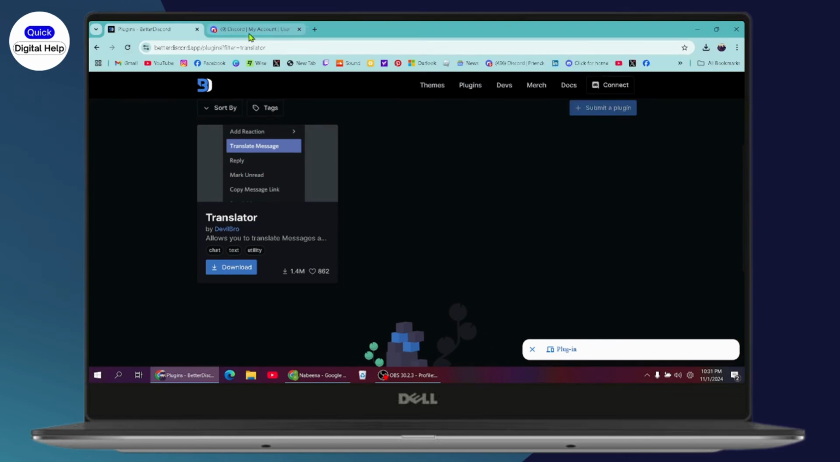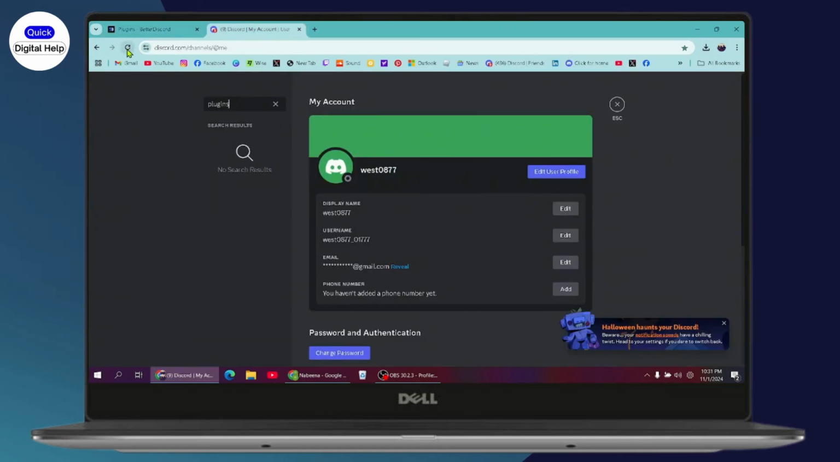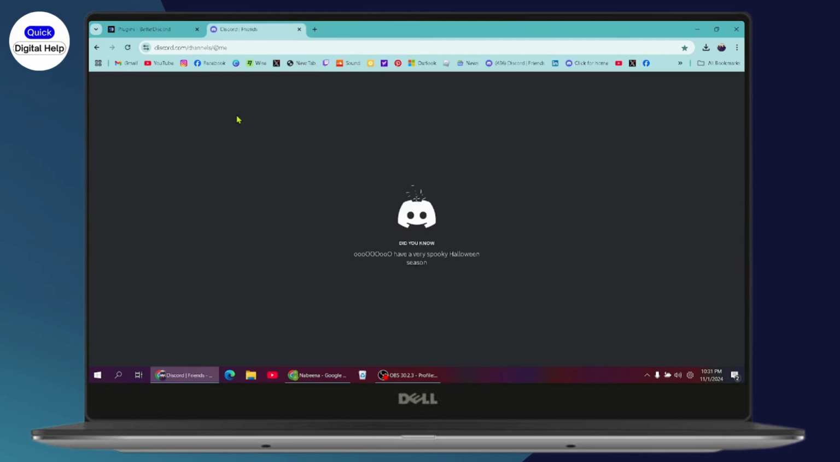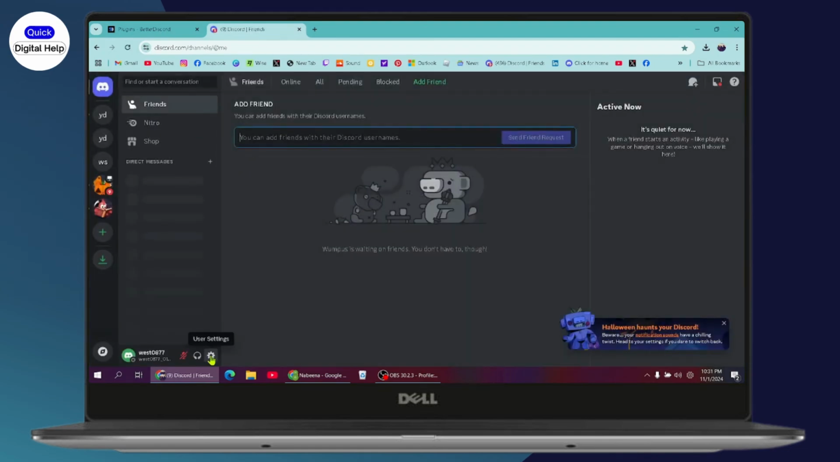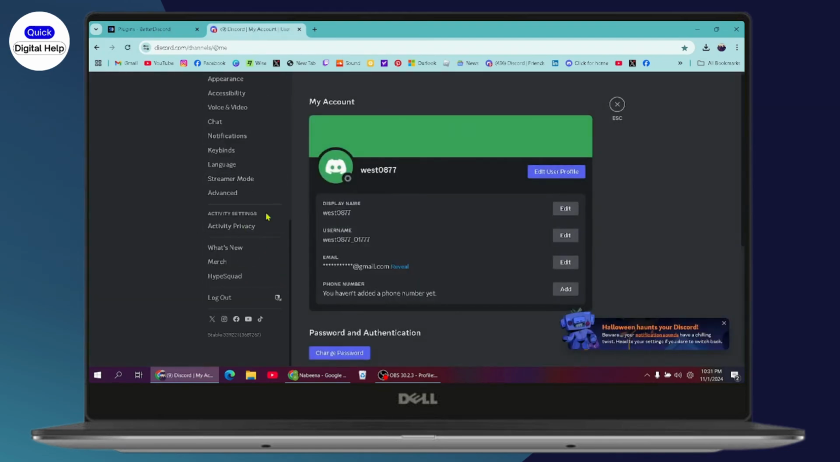And once you've downloaded the plugin, now you just need to simply open up your Discord, reload your page, and you just need to simply go with the plugin, go with settings, and here you will have the plugins. Open up your plugins and then choose the Translator plugin, and after that it will automatically translate the Discord messages